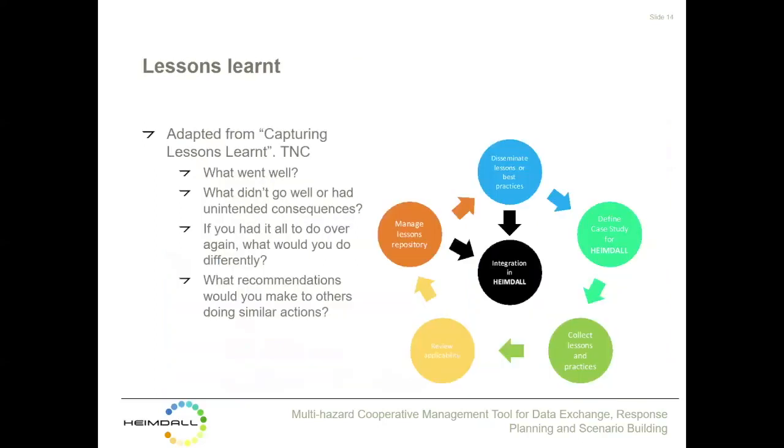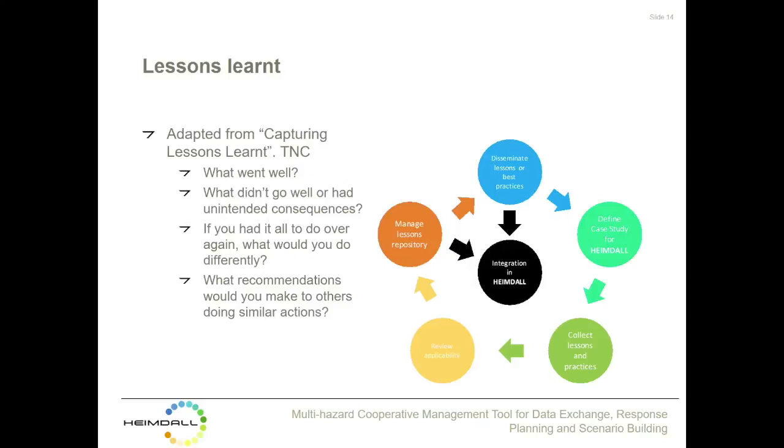As a final step of this methodology, for collecting lessons learned in HEIMDALL, we have based our methodology on the one already defined and used by the organization called the Nature Conservancy in the United States, and the guide defined by them called Capturing Lessons Learned. So mainly, as a general idea, documenting lessons learned is of course an opportunity for improvement and an opportunity to help a